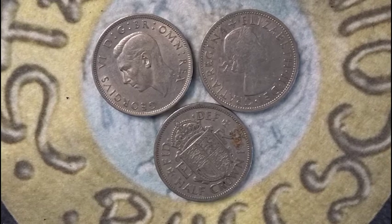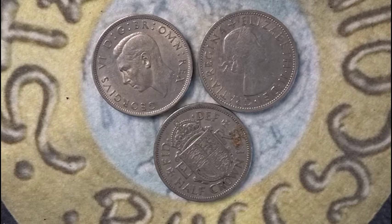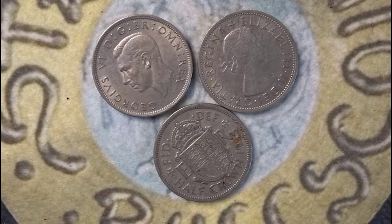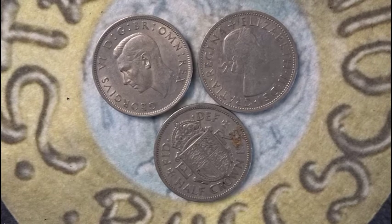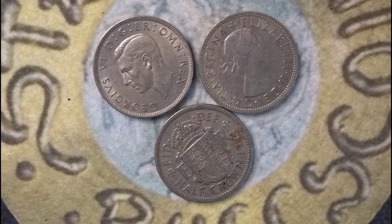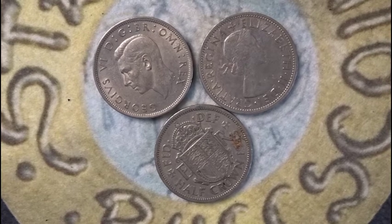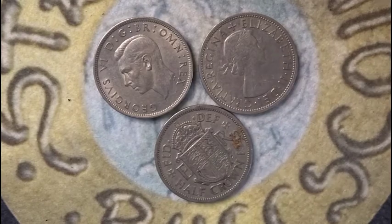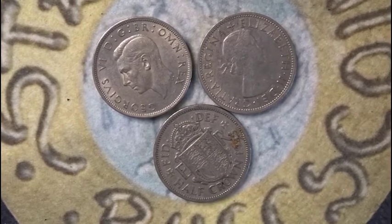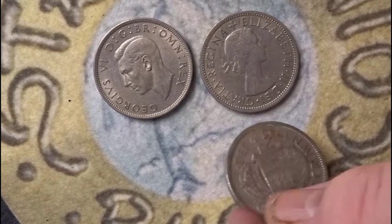Today we are doing a pre-decimal coin hunt and I've designated it pre-decimal 23. You can see the three coins here. They're the three largest circulating coins that are used mainly in circulation for pre-decimal. One is George V and the other two are Queen Elizabeth II. The half crowns, and the Elizabeth II half crown there is 19...